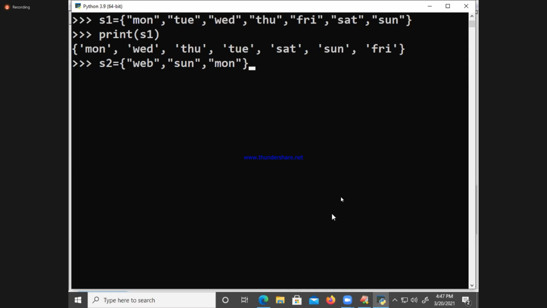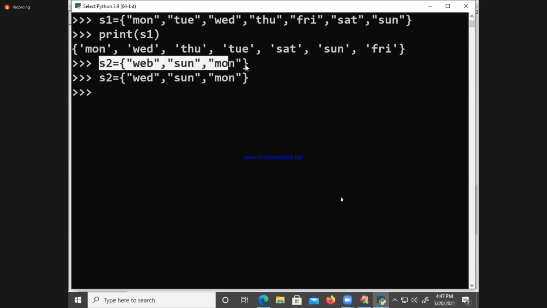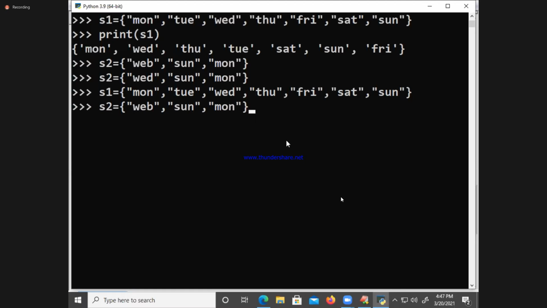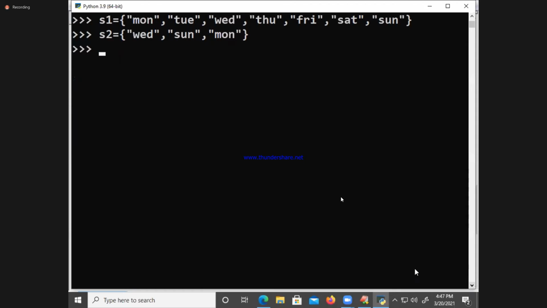This is another set. Now tell me, what is the relation between S1 and S2? Take these two sets freshly.